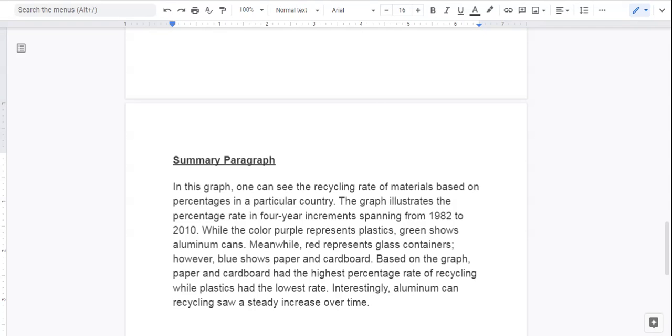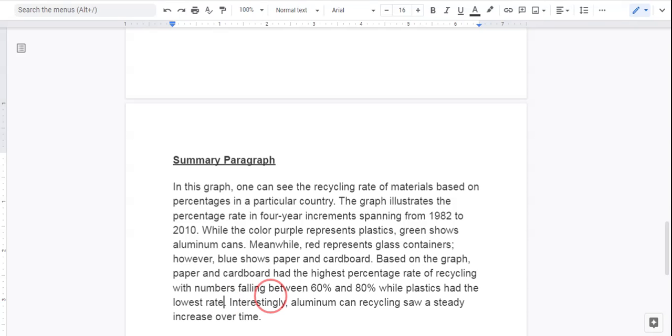So based on the graph, paper and cardboard had the highest percentage rate of recycling, with numbers falling between 60% and 80%, while plastics had the lowest rate,